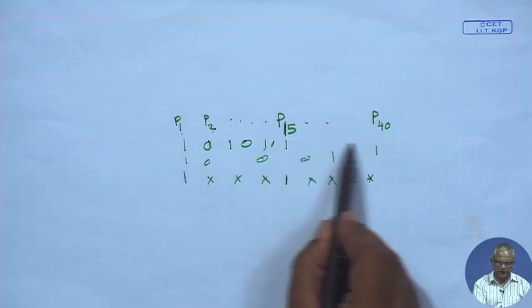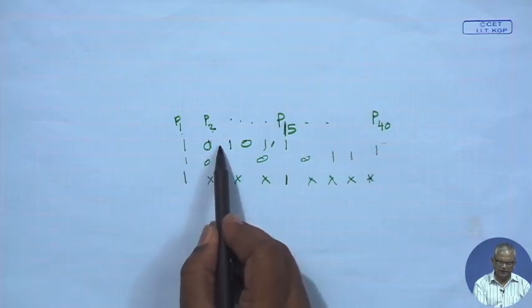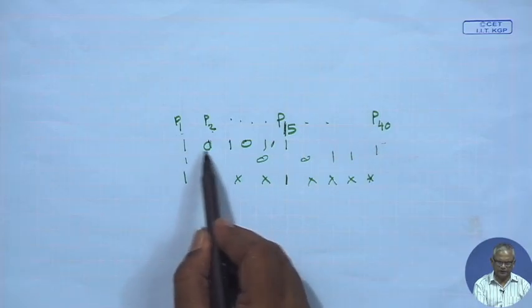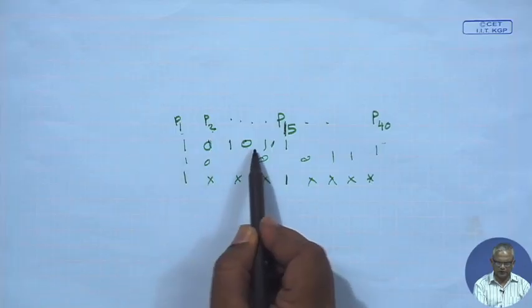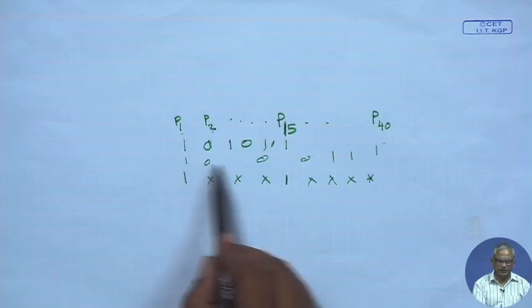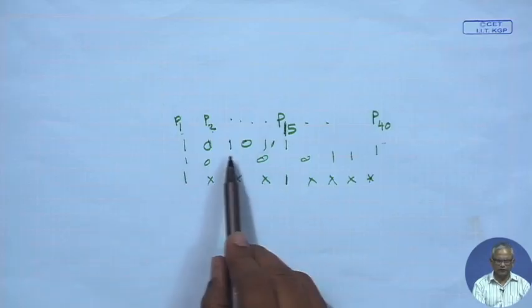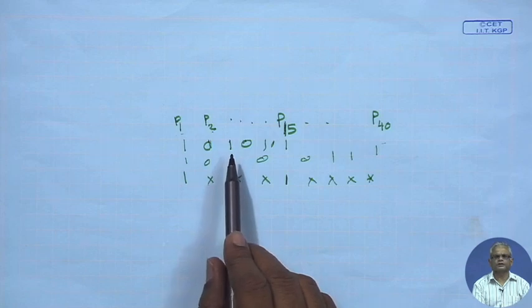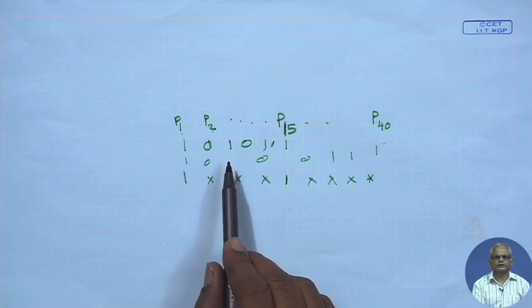So, this one test case itself has several pairwise values: 1 0 here, 0 1, 1 0 and so on. So, the number of test cases required to generate pairwise combinations of all possible values of 2 parameters will be drastically